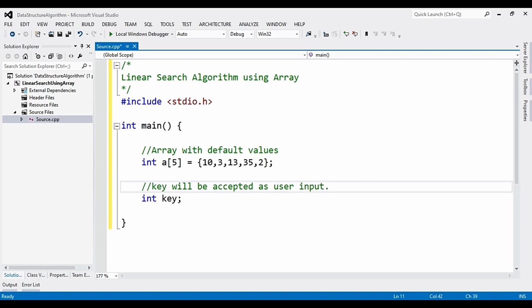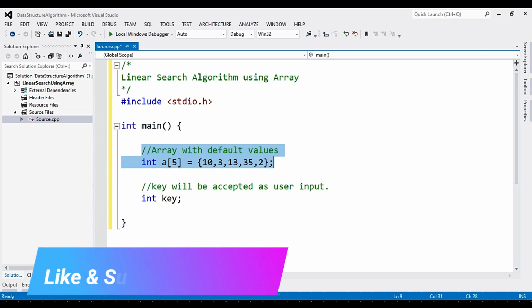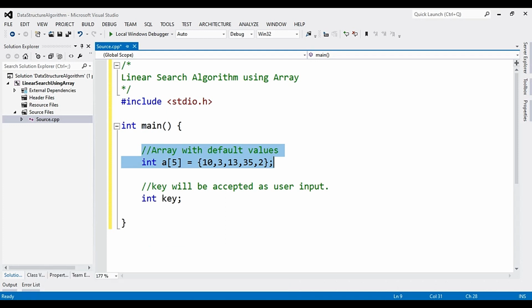Later we'll convert our code wherein we have an array of dynamic size, and we'll accept the values from the user. So the input you can create the way you want. You can hard code the input, or you can accept the values from the user, or you can read the input values from a file. However, the algorithm very much remains the same.